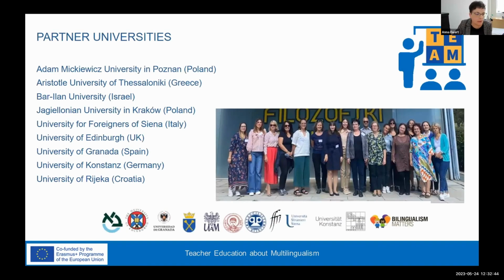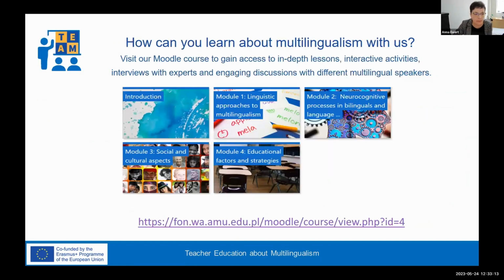About us, this is us, basically, or at least those of us who were able to attend our meeting in Rijeka last year. And the partners in the project are Adam Mickiewicz University in Poznan, then we have Thessaloniki, Barilan, Krakow, Siena, Edinburgh, Granada, Constance, and Rijeka. So this is us. And what we do,